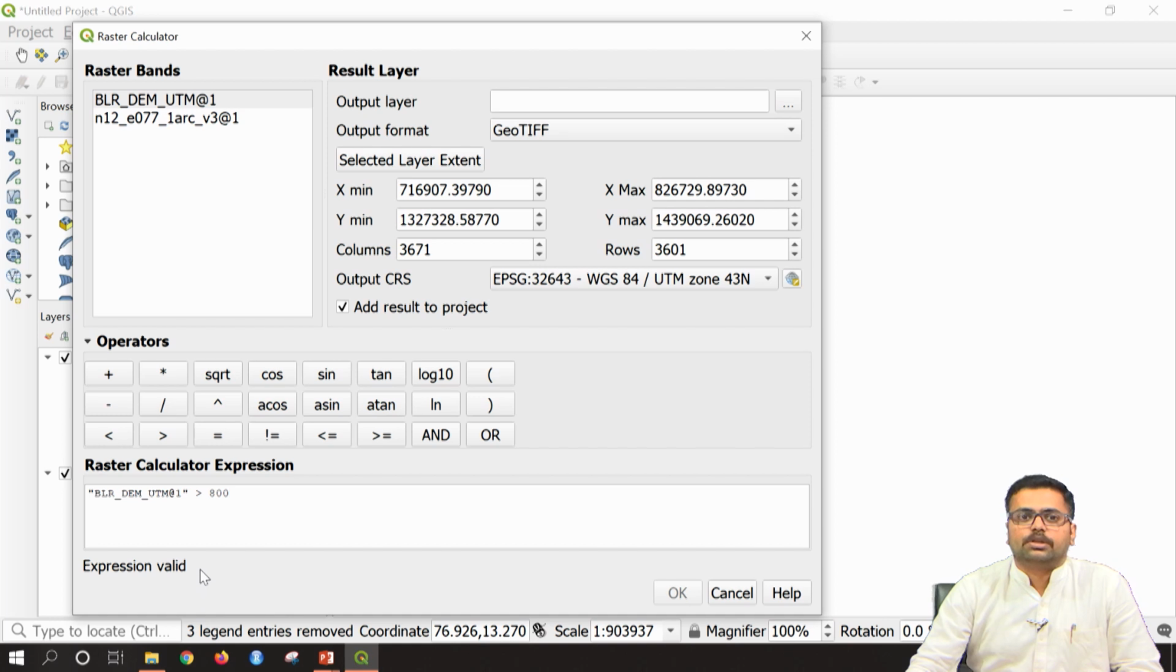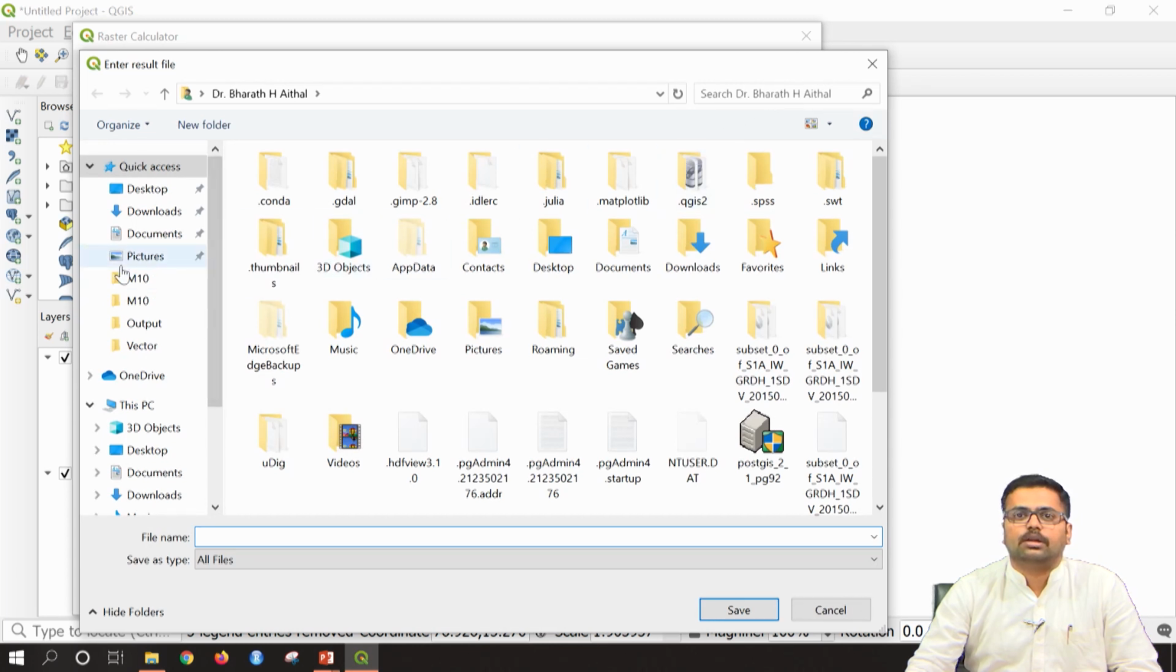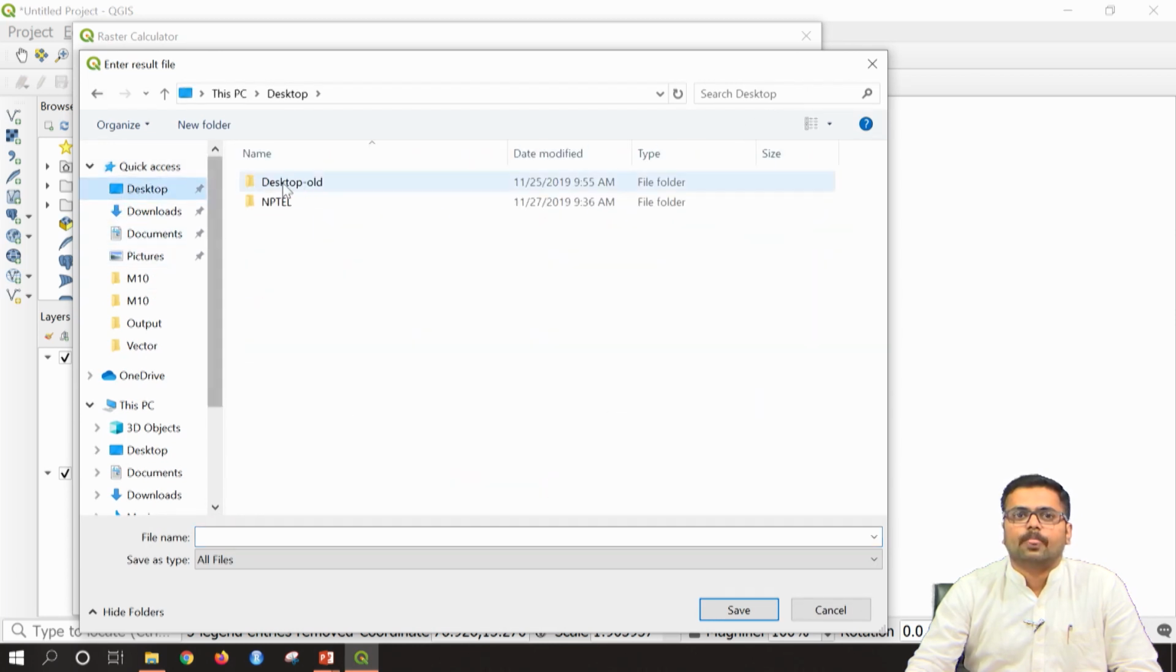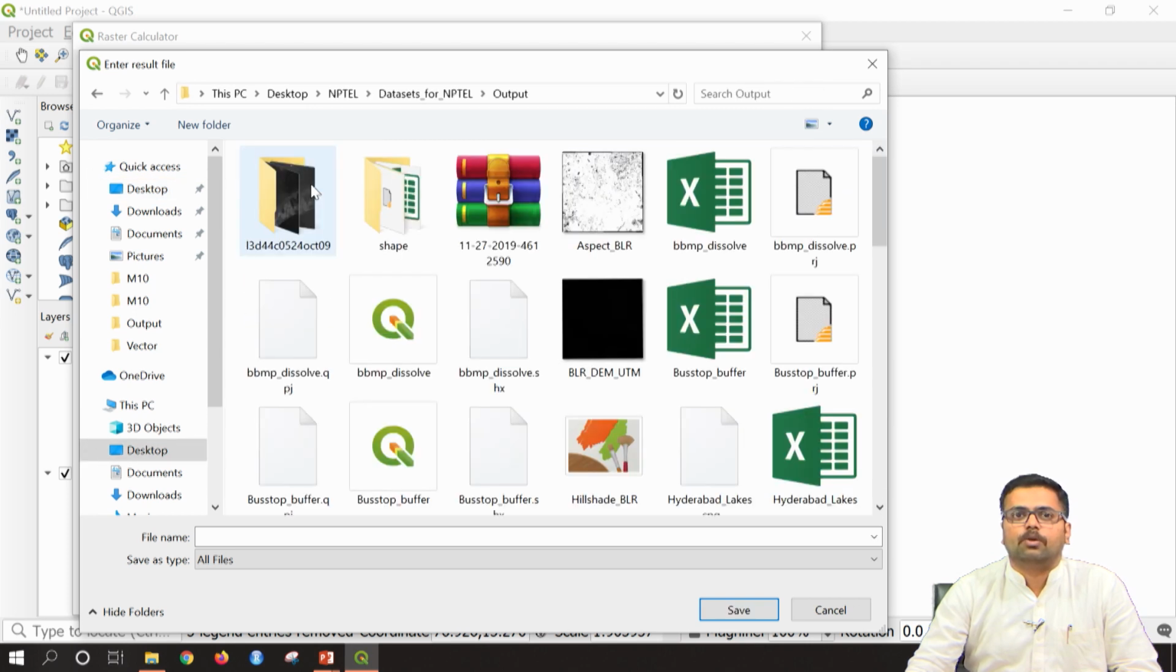So, here you can see the expression is valid. That means the output is going to return me only those pixels which have an elevation value greater than 800 meters above mean sea level. So, I will just go to output layer, right click, and then I will save this in the NPTEL folder, datasets for NPTEL output. So, here I am going to save this as